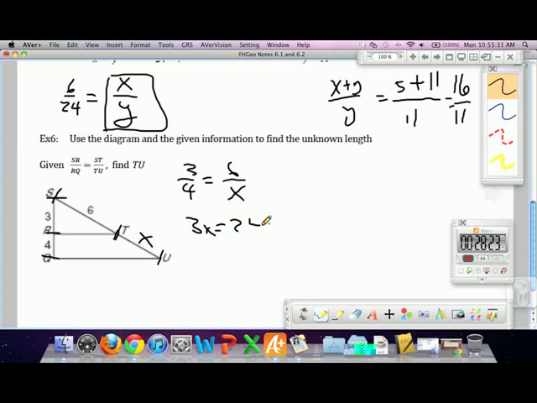X is 8. Some people, maybe you reason that if here's a proportion, how do I go from 3 to 6? You can find what's called the scale factor. I go from 3 to 6 by multiplying by 2. So I can go from 4 to x by multiplying by 2. 4 times 2 is